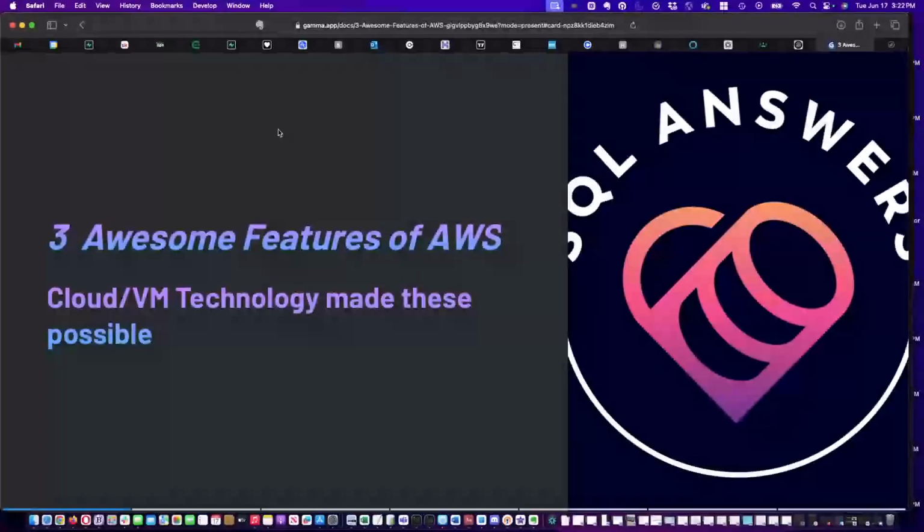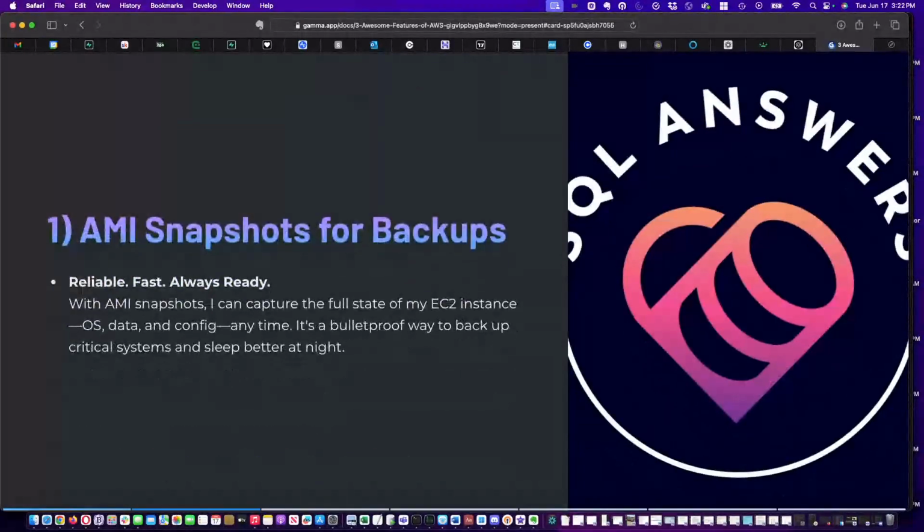In today's video, I want to talk about 3 awesome features of AWS. These are features that cloud technology has made possible. So the first one I want to talk about are AMI snapshots and using them and integrating them into your